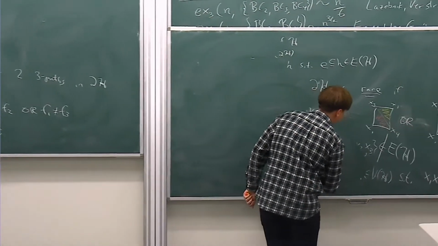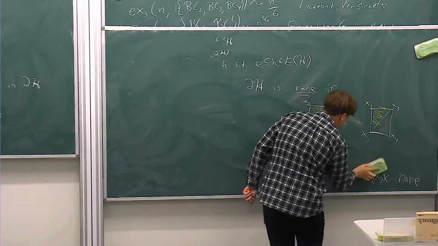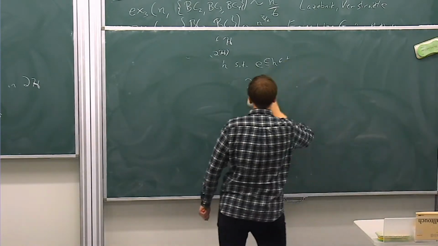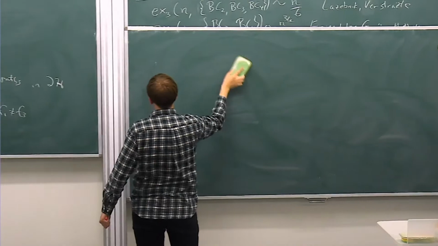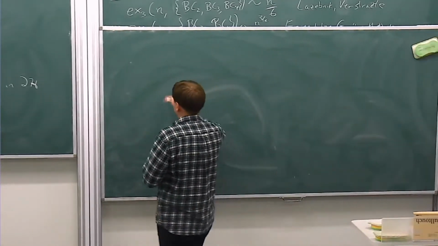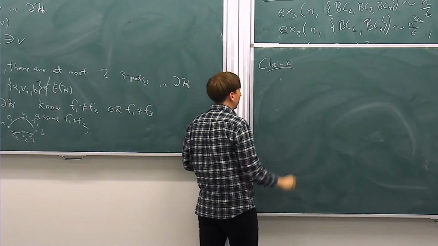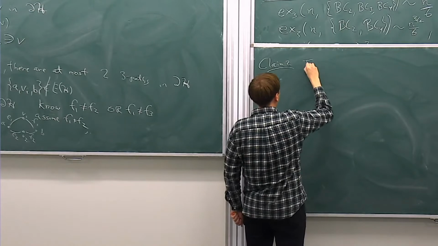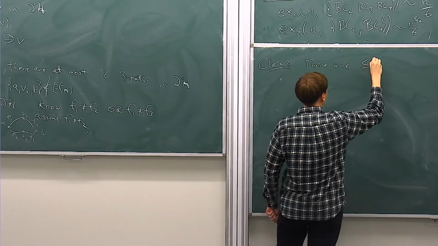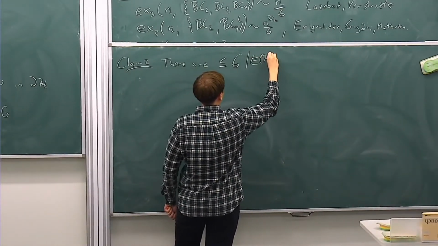Okay, now, maybe I shouldn't have erased the definition of rare, but fine. So here is a key bound. Okay, we're up to claim 2. Claim 2: there are at most 6 times the number of hyperedges